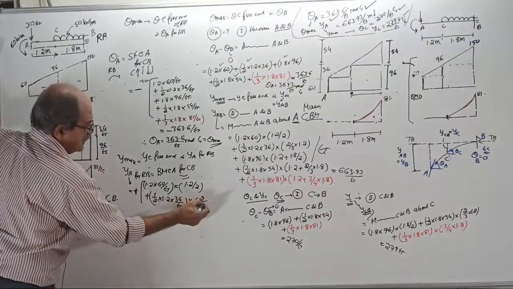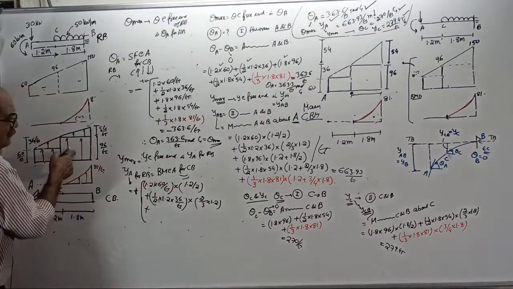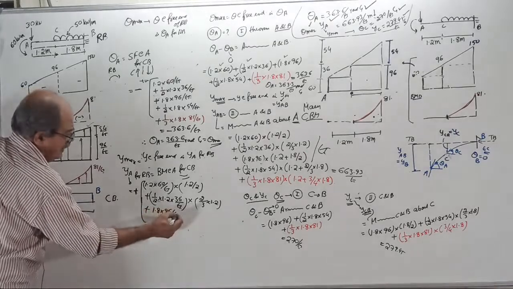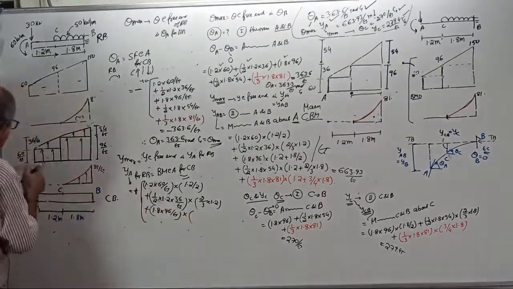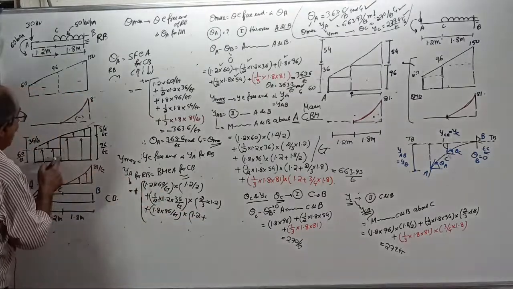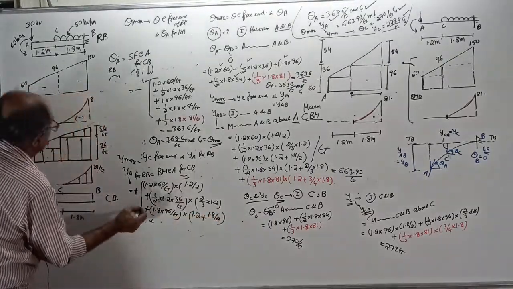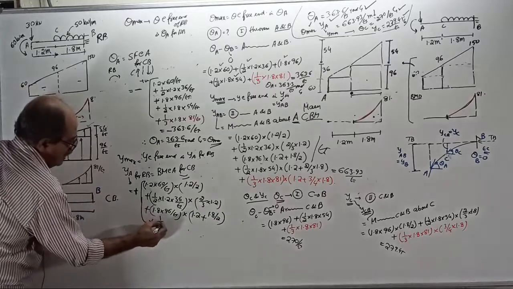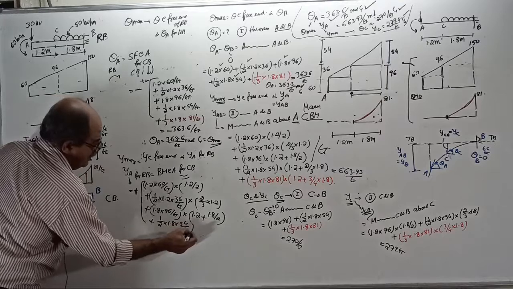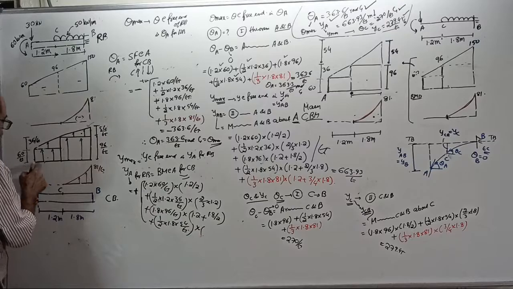is 2/3 of 1.2 further plus moment of this rectangle 1.8 into 96 by EI into moment about A 1.2 plus another half of 1.8 by 2 plus one triangle half into 1.8 into 54 by EI is that one into CG is somewhere here. So 1.2